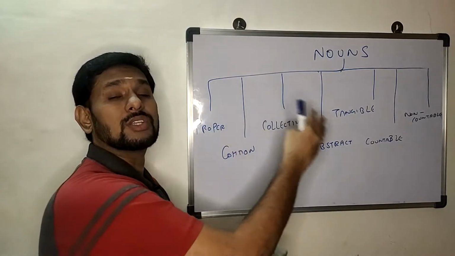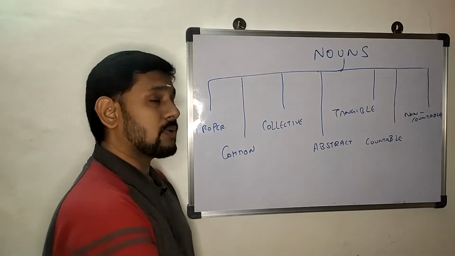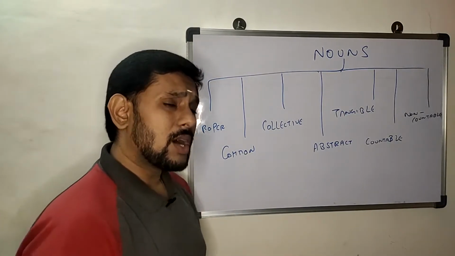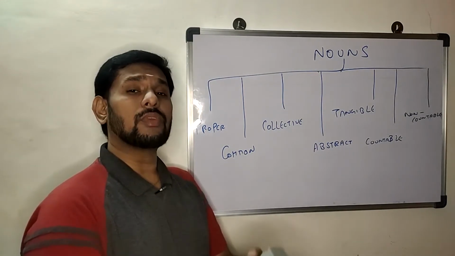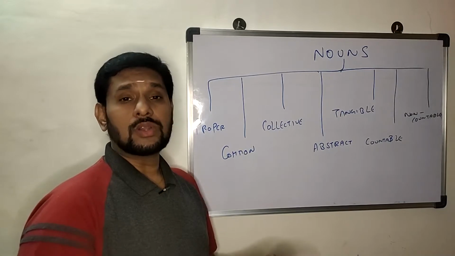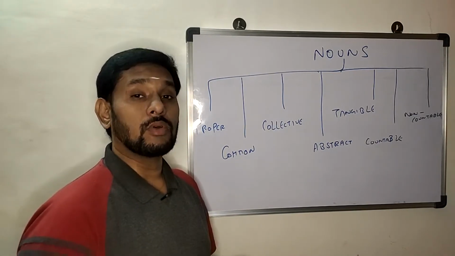However, there is something called a broad category. That is what we are looking at here right now. And the third type of noun is called a collective noun. Now, a collective noun is nothing but giving a name for a group of nouns put together. That is what is called a collective noun. A collective noun can be both singular or plural, right?